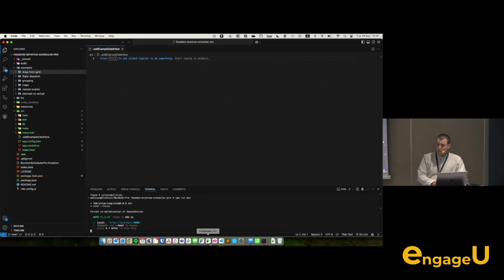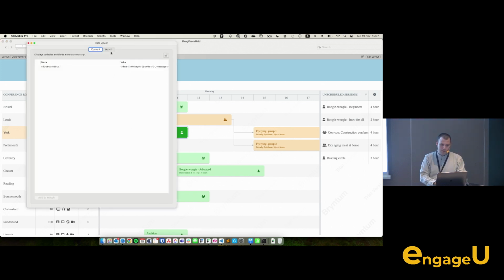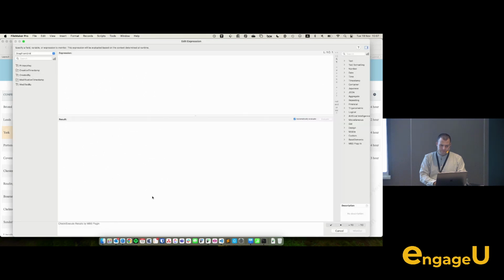So one more thing, in the add-on you will install, there is a global variable flag to enter the development mode, and that is global variable debug. So if I go to my data viewer, I have a text expansion which is dd and semicolon, and I'll just set my debug global variable to 1,